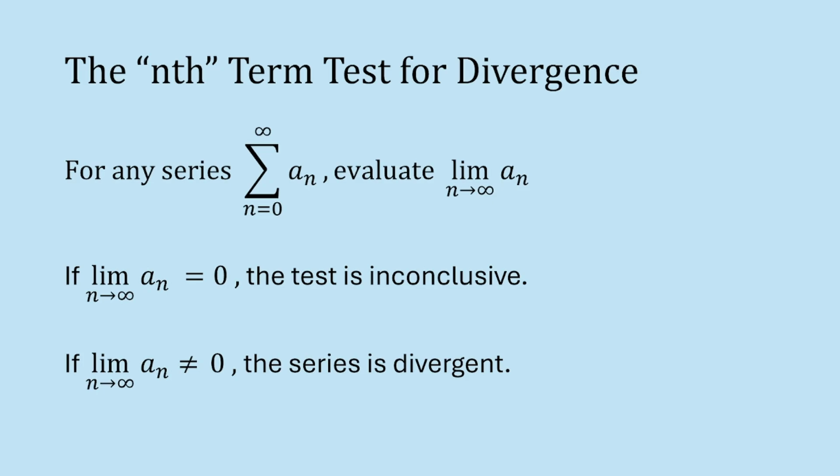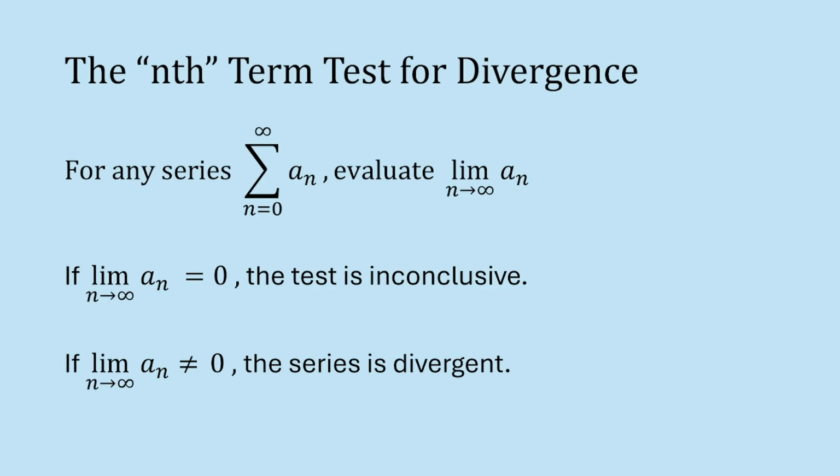Now, what we've just done is called the nth term test for divergence. So for any series, evaluate the limit as n approaches infinity of the inner sequence. And if that limit equals 0, then the test is inconclusive. You don't know if the series diverges or if it converges. It's inconclusive. You have to work harder. But if you're lucky and it doesn't equal 0, then the series is divergent. And this means even if it's